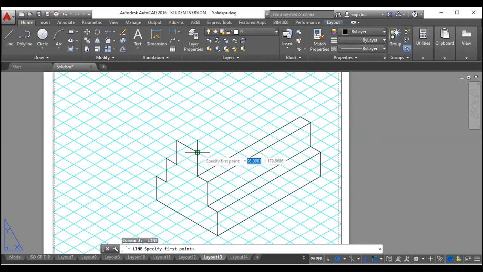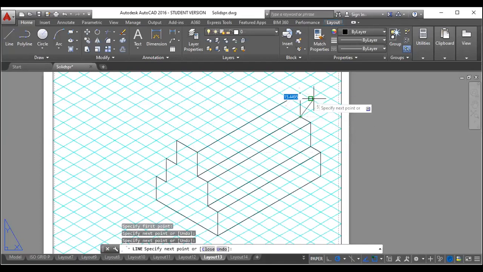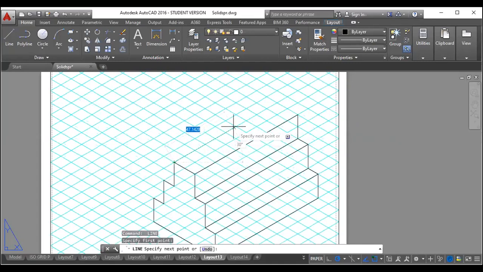Then similarly go from this side 100. So this would be 100. So I'm just counting 10 units, and from this corner also you are supposed to go 100. So this is 100. Okay.